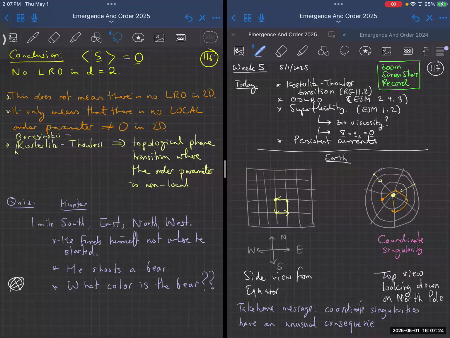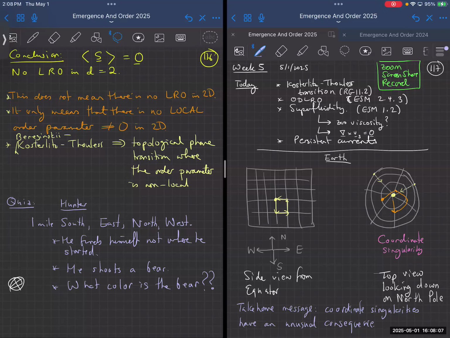Then I'm going to tell you a little bit about superfluidity, and I'm going to keep this introduction at a very, very low level. Because after today's lecture, next week, I want to start looking at pattern formation in non-equilibrium dynamical systems. So I'm not going to go as deeply into superfluidity and Bose-Einstein condensates as I've done in previous classes. We're just going to learn a little bit to wrap a bow around what we've been doing over the last couple of weeks in terms of the excitations and behavior of systems with continuous symmetries, and then we're going to go to a different topic.